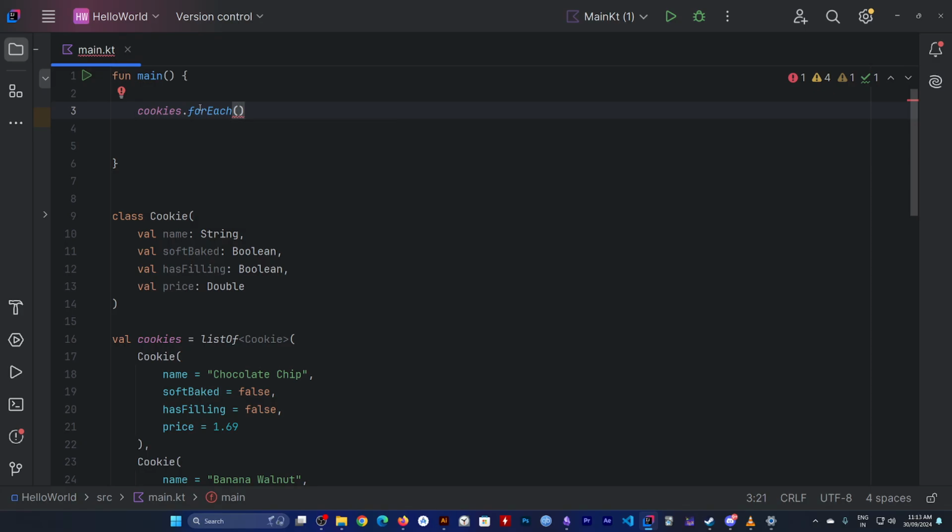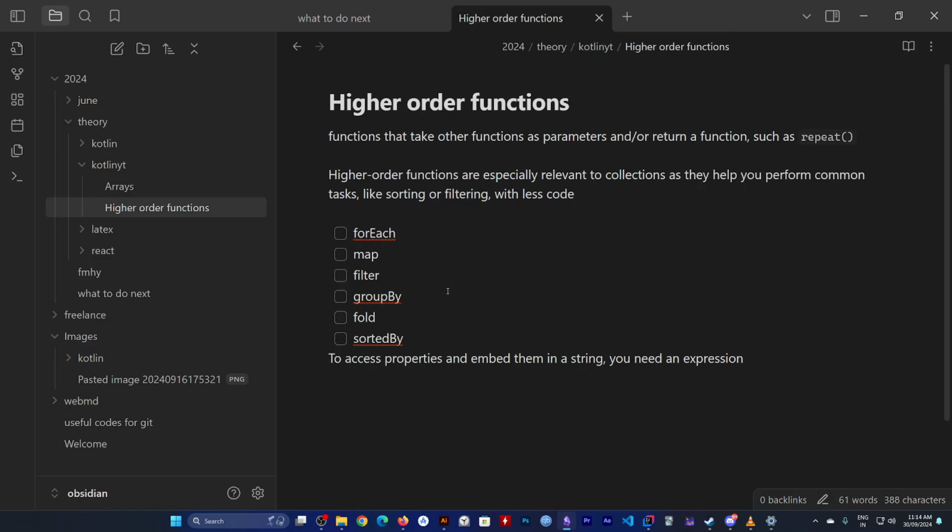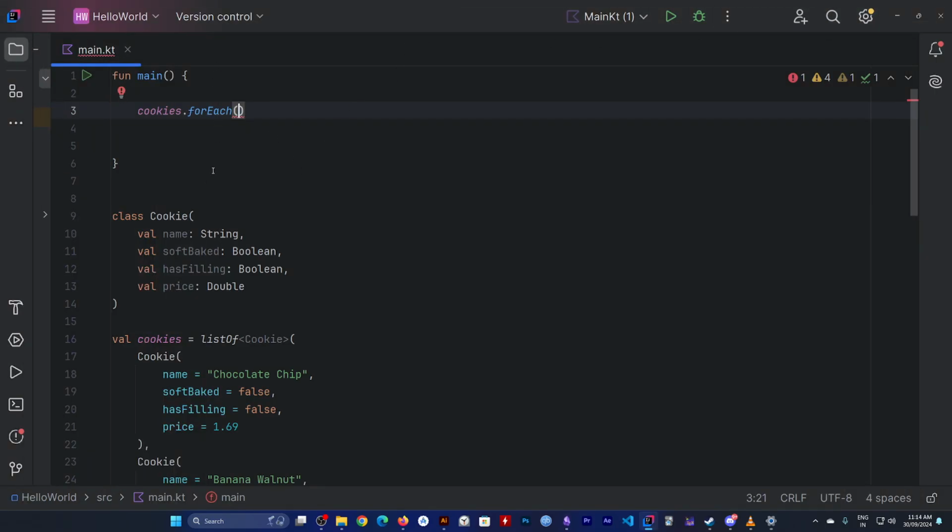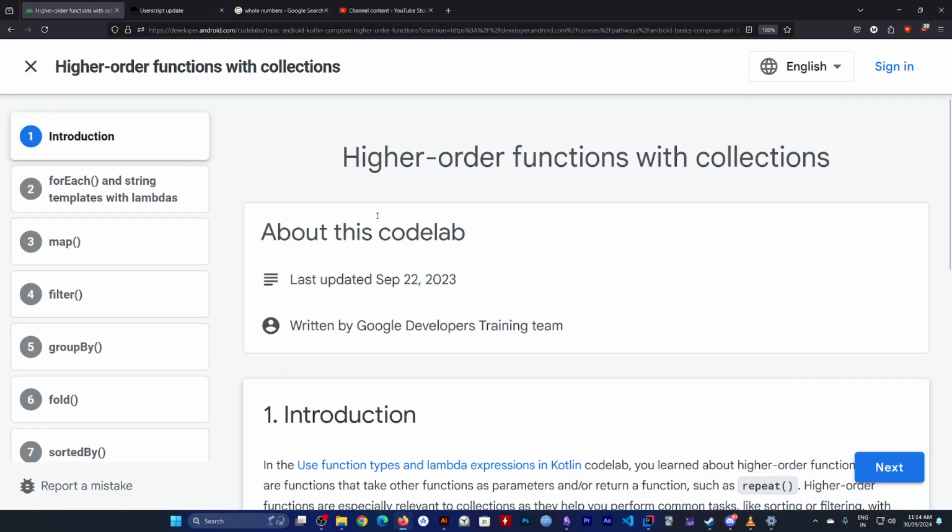Every list has all these higher order functions. What do we mean by that? Every list has these built-in methods: forEach, map, filter, groupBy, fold, sortedBy. We're gonna look at each eventually, but for now let's look at forEach. We know that forEach is a higher order function, so it accepts another function. If you look at the signature for this function,